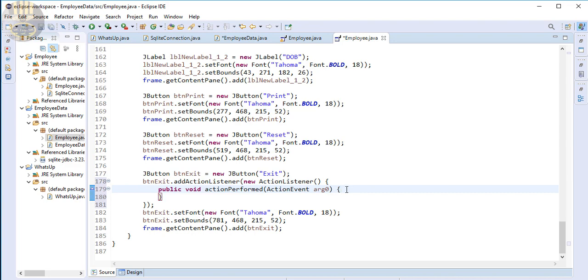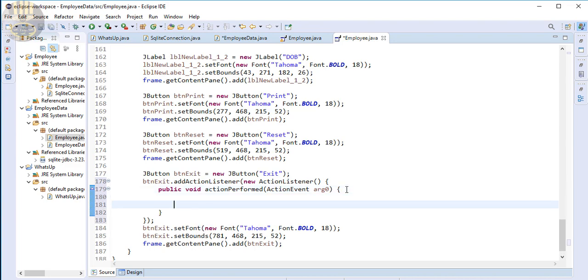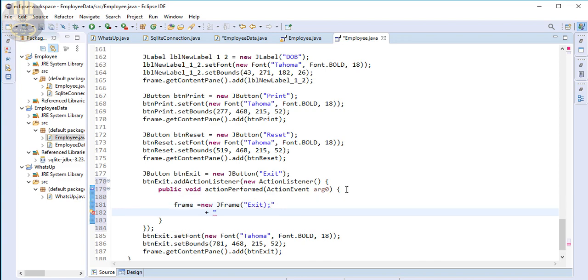There we go. Come right down here, and for the exit I'm going to call the frame, that is my object JFrame, and inside this very JFrame I'm going to give it an alias of exit. Close that. Alright, press enter. Then now let's get rid of this. Now the next thing I'm going to do is use an if statement. If,